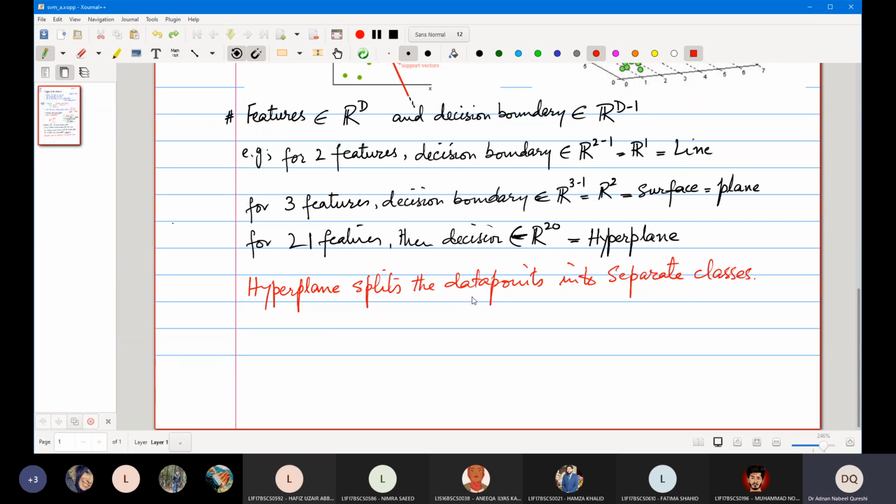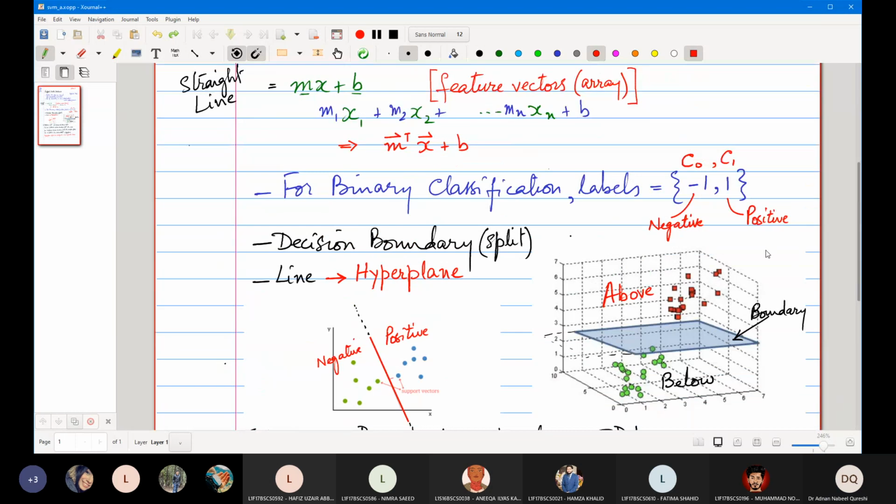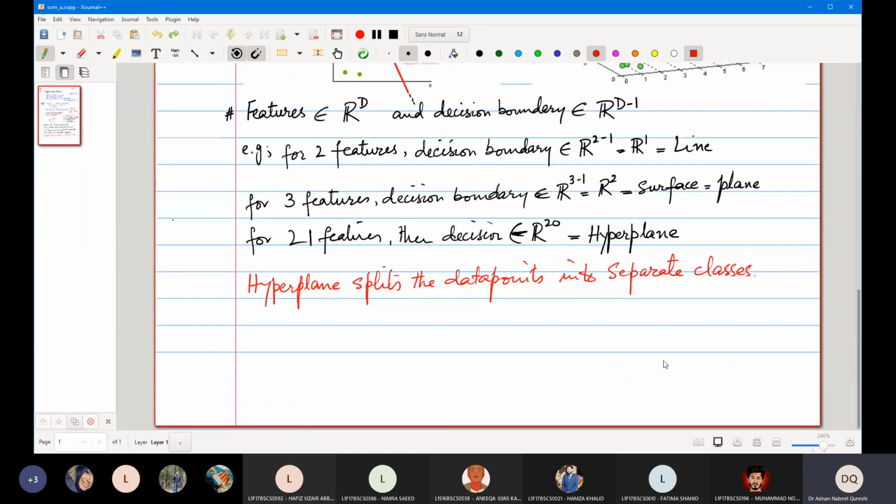So hyperplane splits the data points into separate classes. Classes हमेशा जो है एक नेगेटिव होगी एक पॉजिटिव। ऊपर वाले को नेगेटिव कह दें, पॉजिटिव कह दें, नीचे वाले को कह दें, इट इज जस्ट विद रिस्पेक्ट टू द ओरिजिन। अब आप मुझे एक क्वेश्चन जल्दी से बताएंगे दैट व्हाट इज मेंट बाय द इनर प्रोडक्ट ऑफ टू वेक्टर्स।